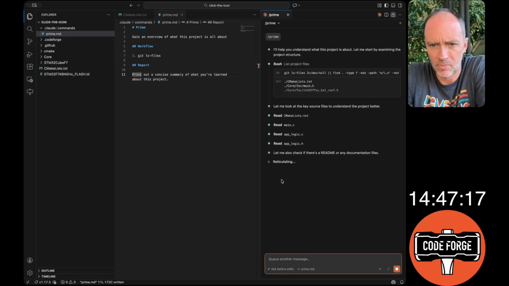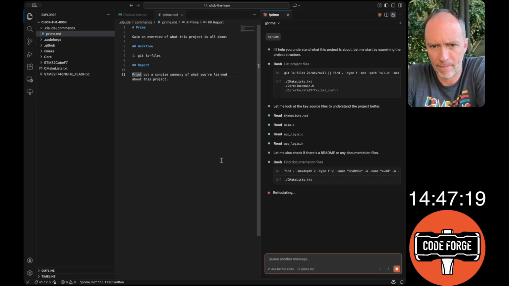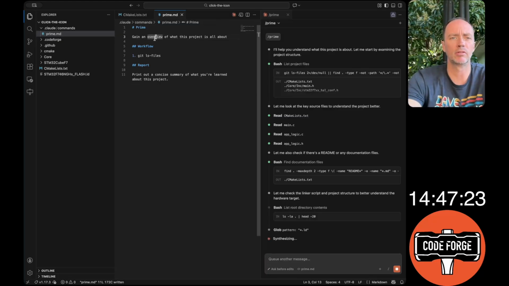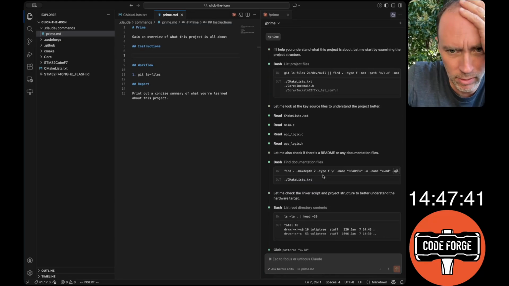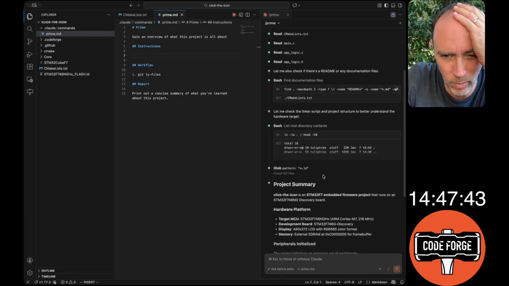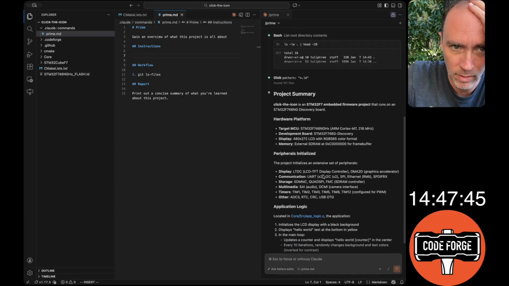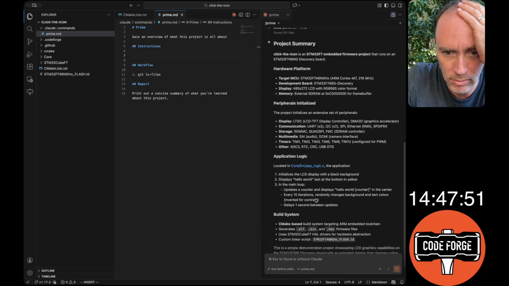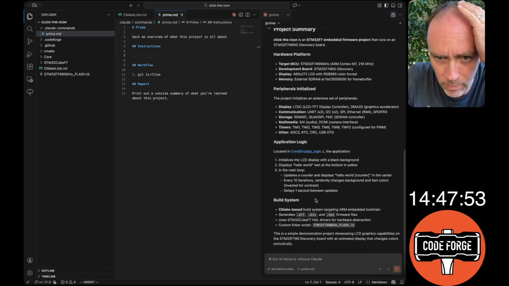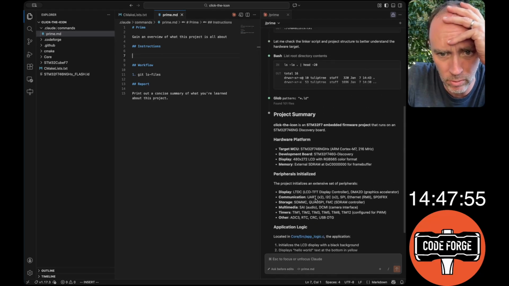And oh yeah. Okay. So it's looking for a readme. It's doing this other stuff. So here's another thing that we can put in here. This is like, okay, one of those things, like it's doing what I asked it to do, which is gaining an overview of the project, but it's not doing what I meant for it to do, which I meant for it just to